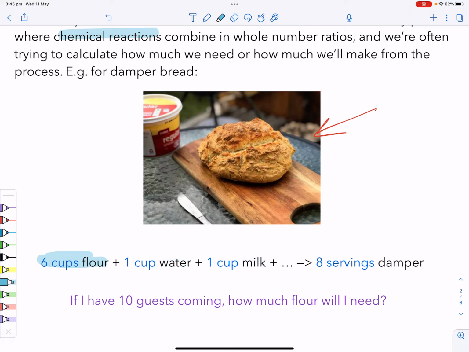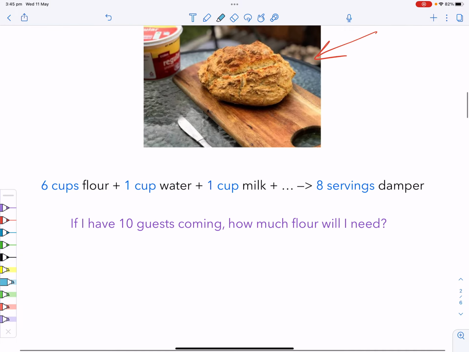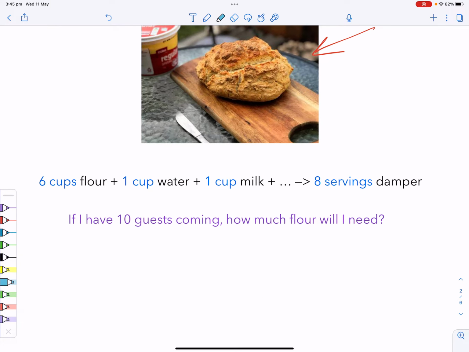So I know there's really large quantities here, but if you can understand the concept here, I know how much 8 servings is going to make, but I have 10 guests that I want to serve this bread dough. So what am I going to do to try to figure out how much flour I will need? So let's, basically we got this